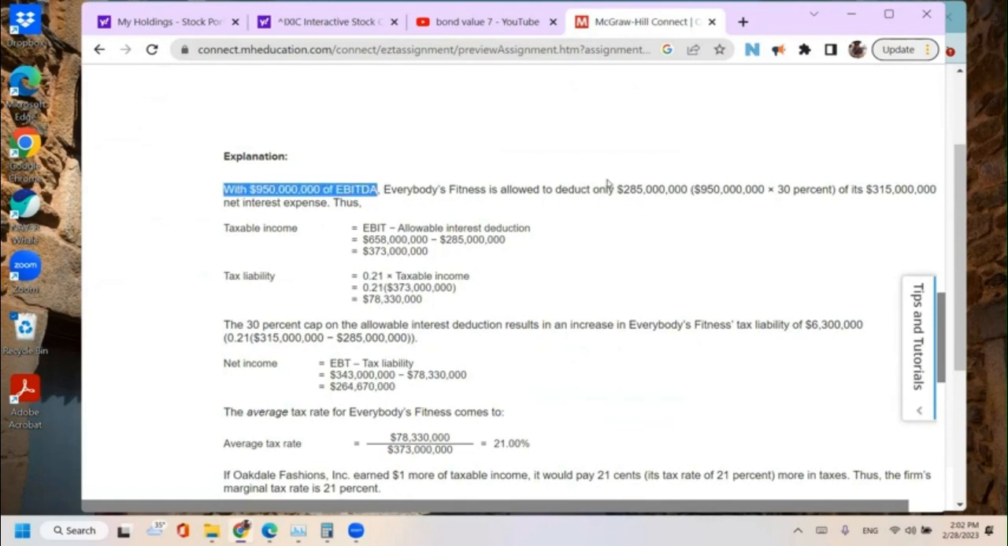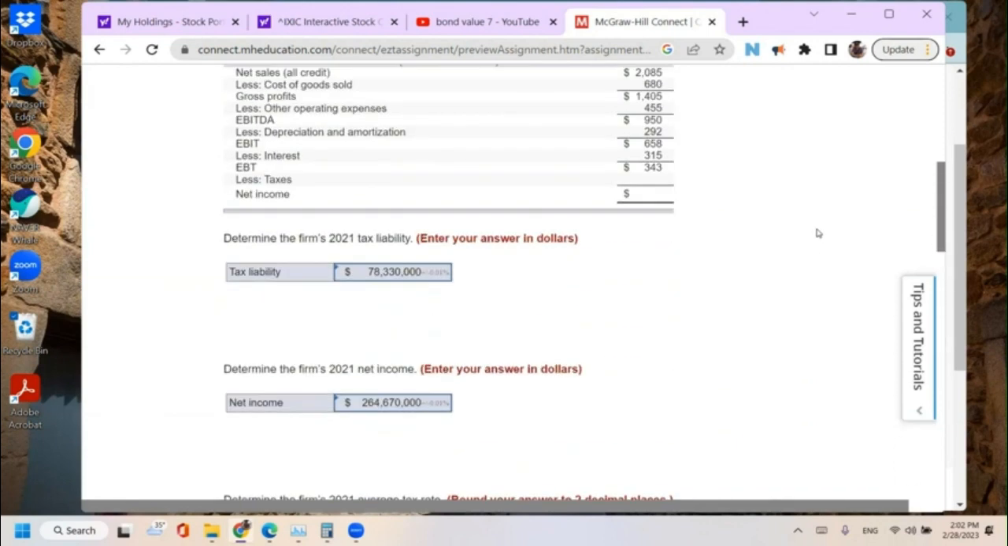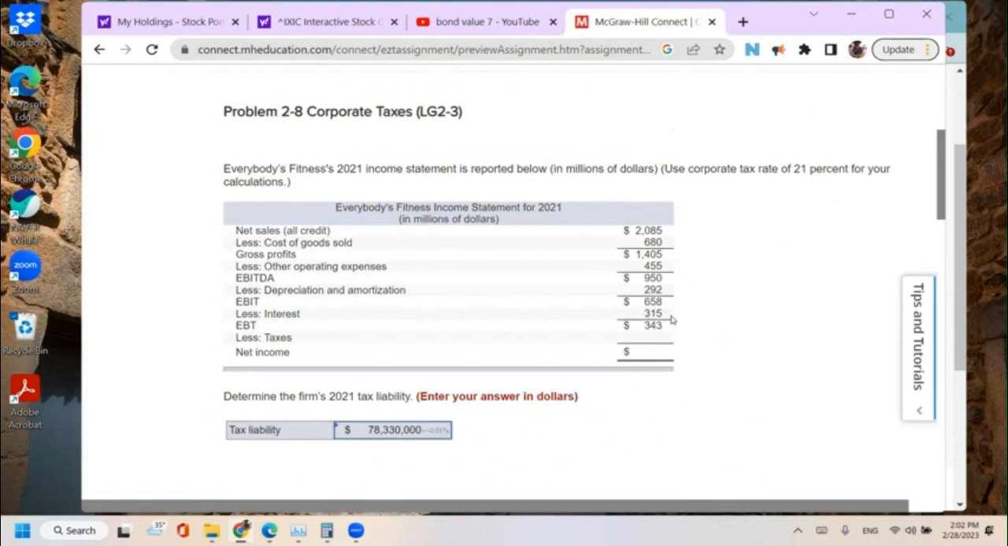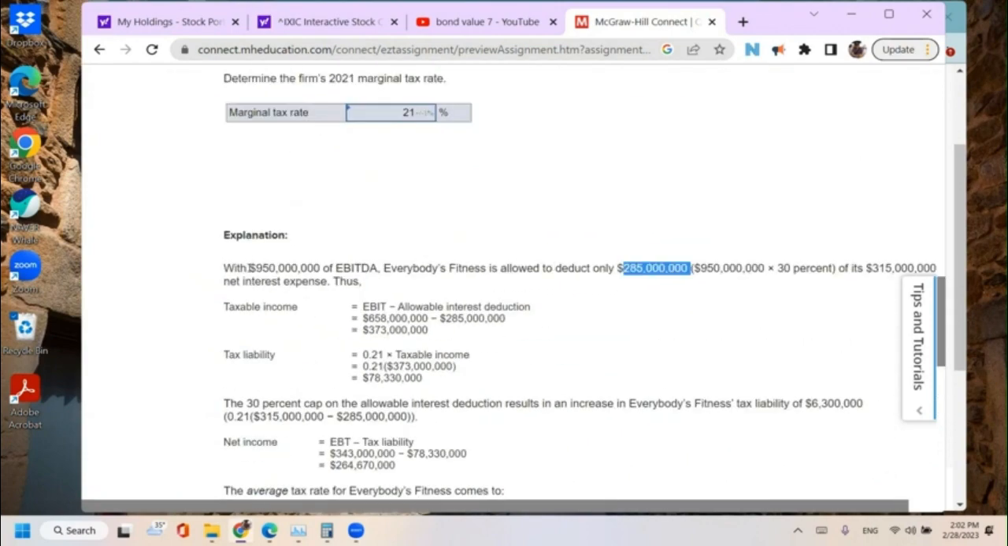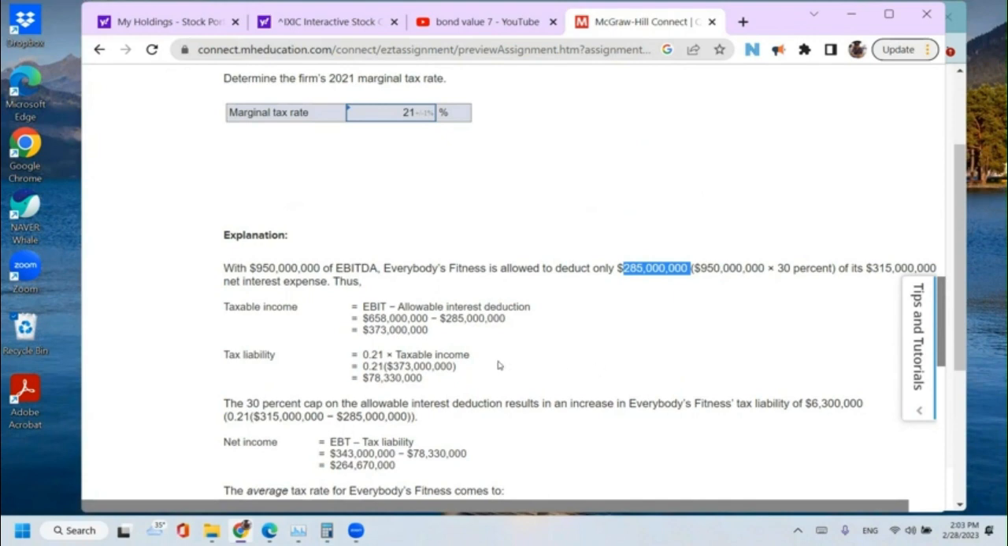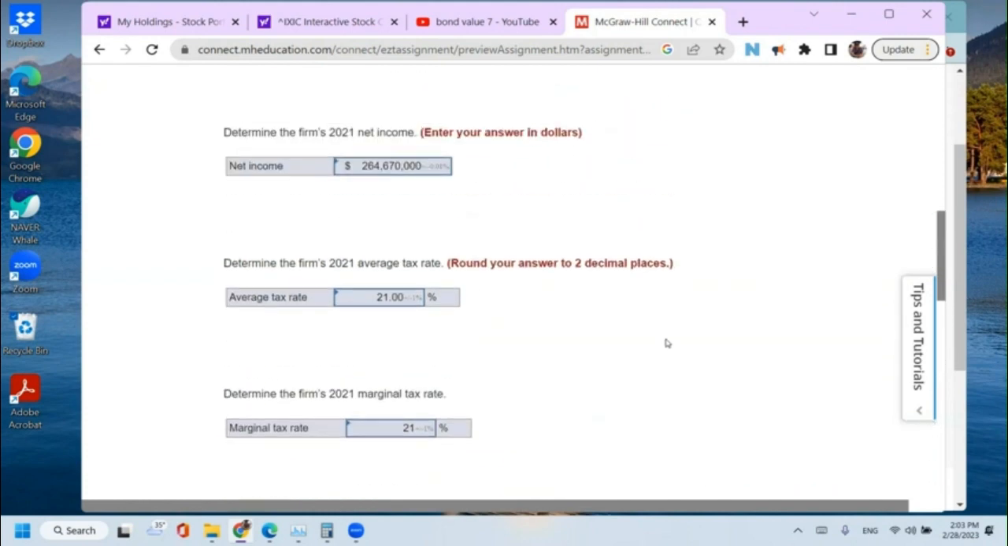This EBITDA, only 30% is allowable. 30% of this is this. So now think about it. That is not the interest that you subtract here. That is the interest by this peculiar idiosyncratic clause. And that's the right answer. So then, after subtracting that, that's the taxable income, and applying that 21% to this, you arrive at this 78 million something. Yeah, that's the right answer, because this is